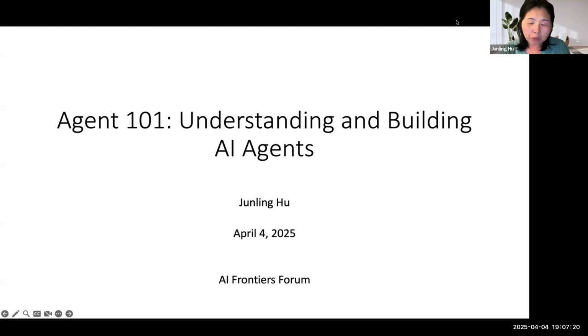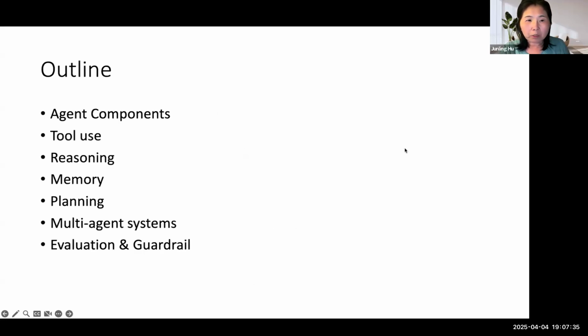So what I would like to do is really just go under the hood, without using any framework, to actually understand exactly how an agent was constructed and how it's built. So when we have time, I will cover most of the topic related to agent. First, what's inside each agent? What are the major components? Secondly, the most fundamental feature that makes an agent different from a large language model or just a chat is it can use tools.